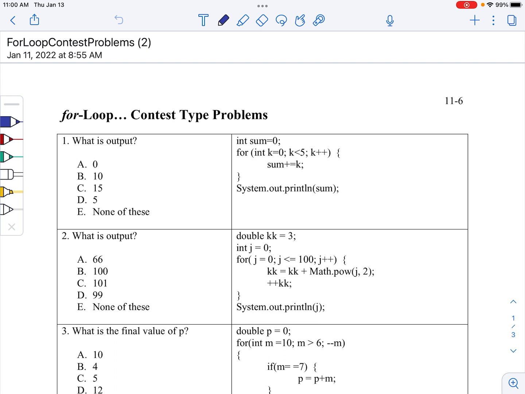So our first problem here loops from 0 up until k equals 5, so that's 5 times. While k is 0, 1, 2, 3, and 4, the body of the loop will go. This is short for sum equals sum plus the value of k, which is our loop variable. If you go through that process, you're going to add into sum 0, then 1, and then 2, and then 3, and then 4, and that will end your loop. Once it gets to 5, it does not add 5 to the sum,